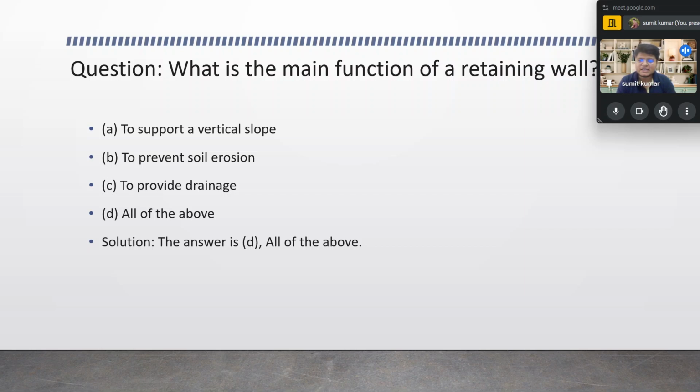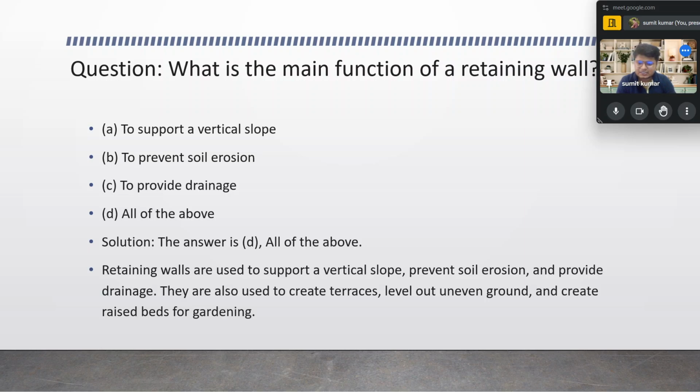Okay, so over here, the retaining wall acts as a support to the vertical slope, prevents soil erosion, and provides drainage. All the options given over here are correct. The description is also there. I will read that retaining walls are used to support the vertical slope, prevent soil erosion, and provide drainage. They are also used to create terraces, level out uneven ground, and create raised beds for gardening,